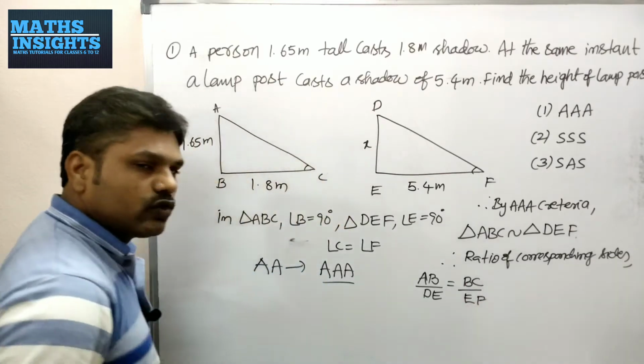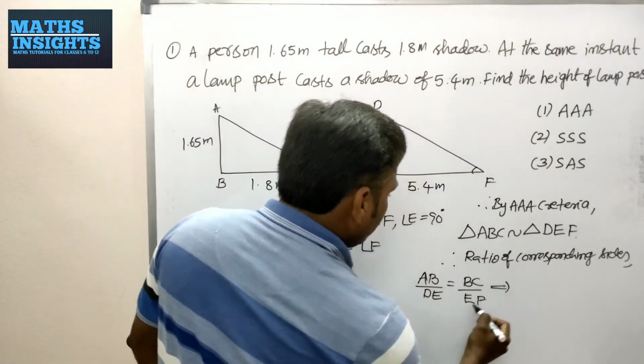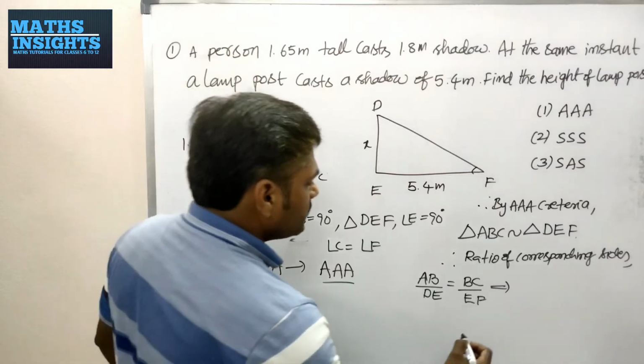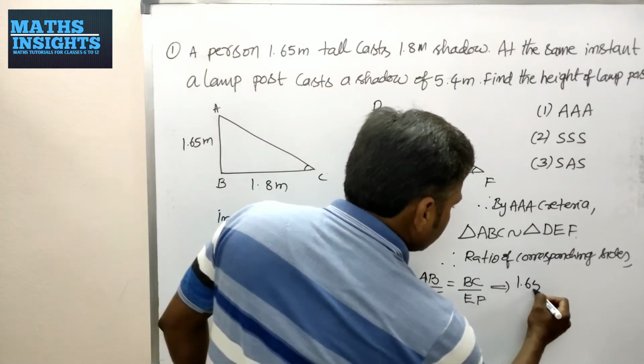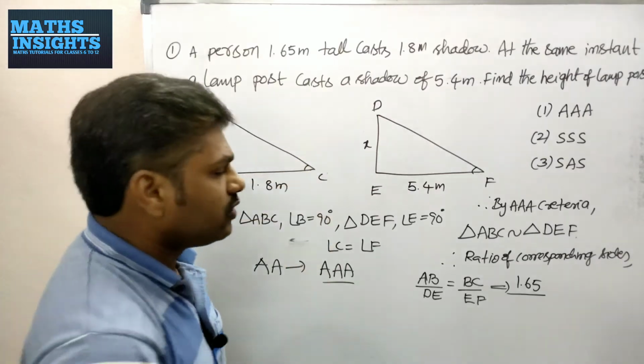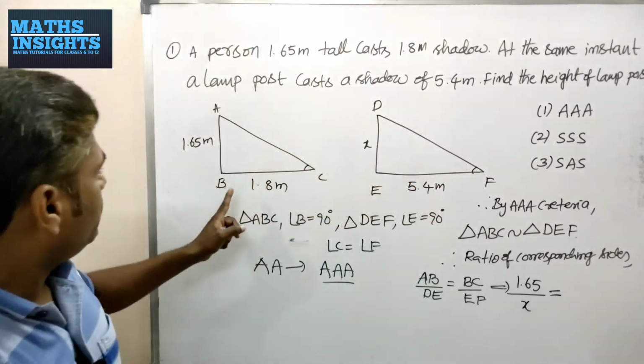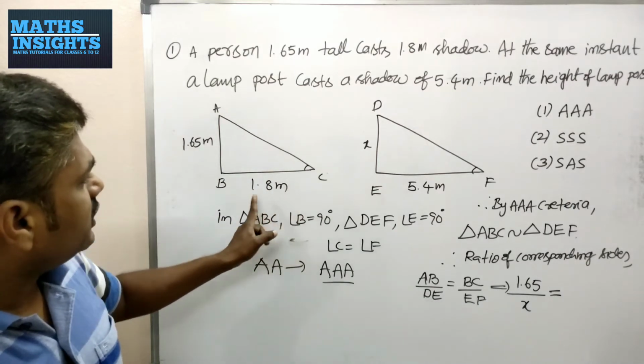I am taking only two ratios which are useful to us. The value of AB is 1.65, so 1.65 by DE. DE we don't know, we assumed it as X, that is equal to BC by EF, that means